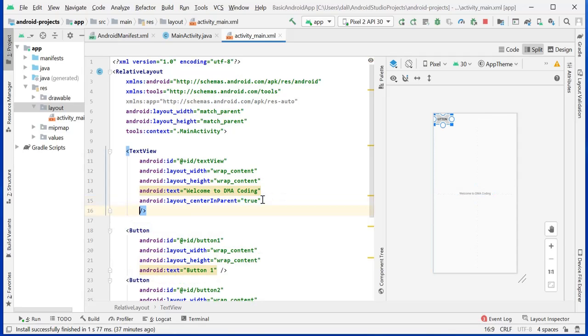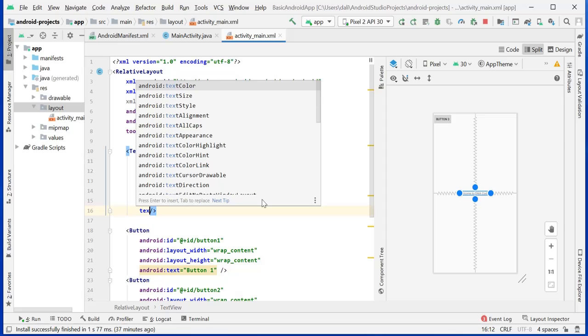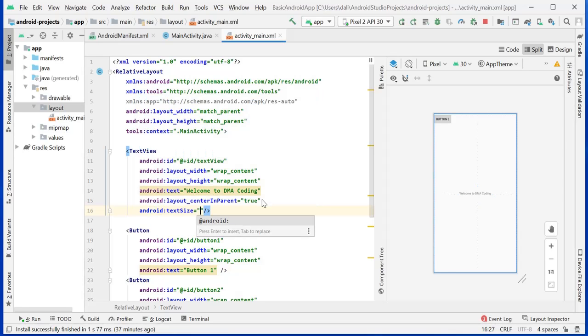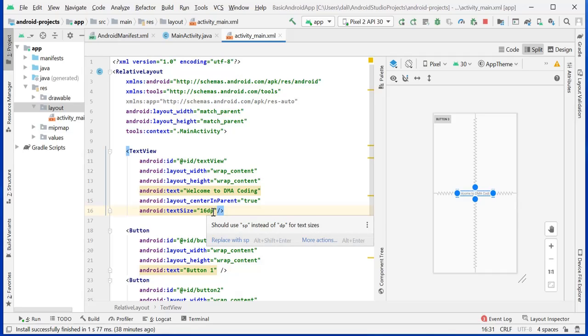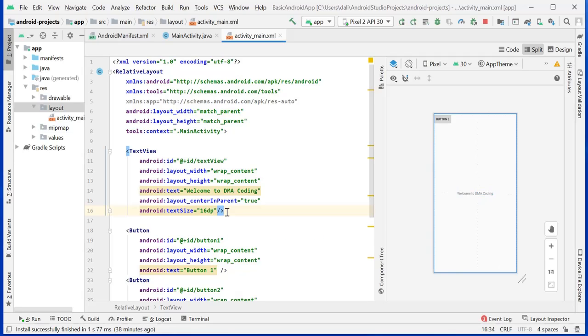Now we can make it a little bold. The text size will be 16 dp. In Android, if you want to define a size, it will be in density pixels, dp. In React it will be in rem, and in HTML it will be in pixels.